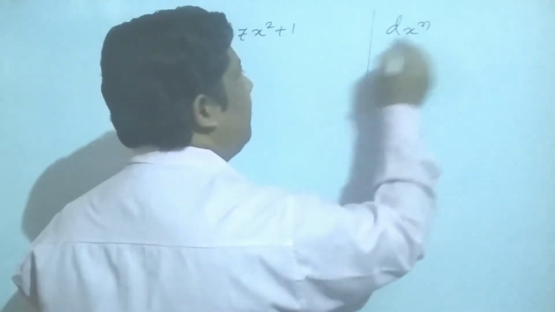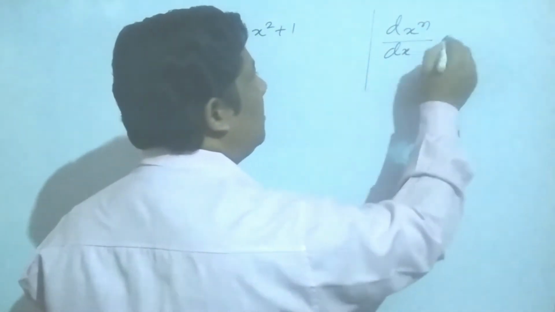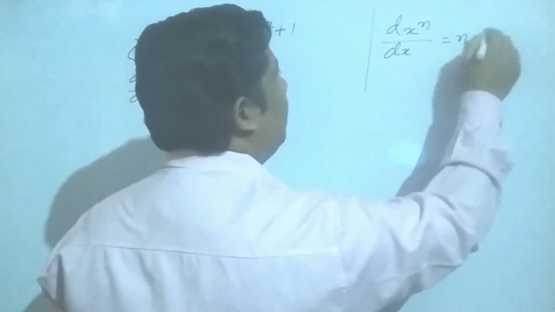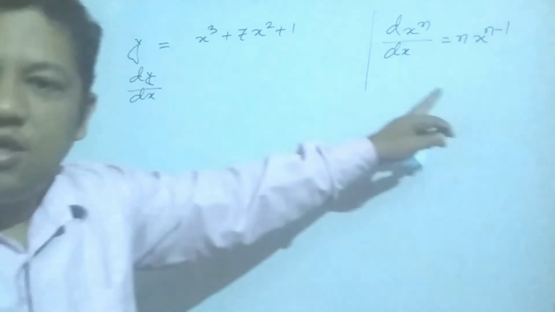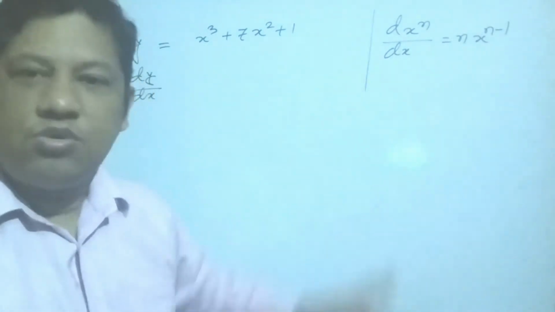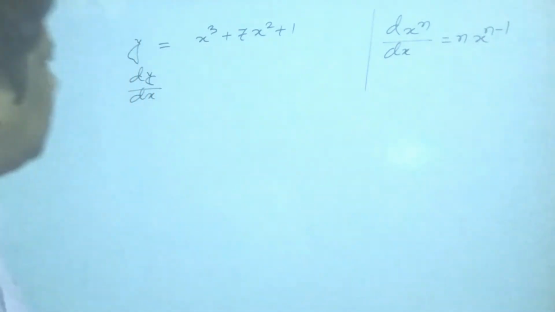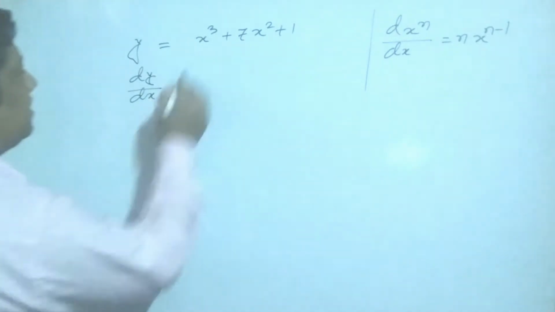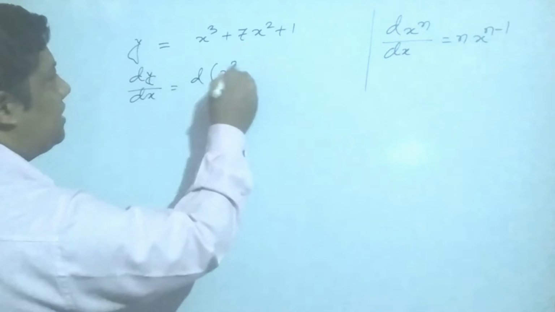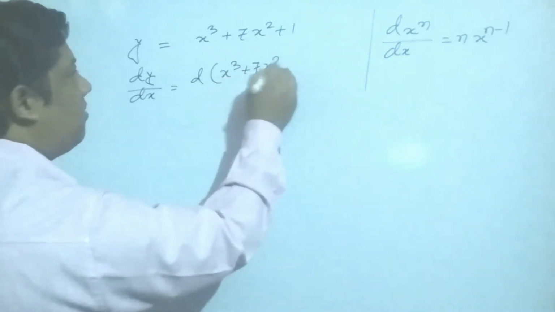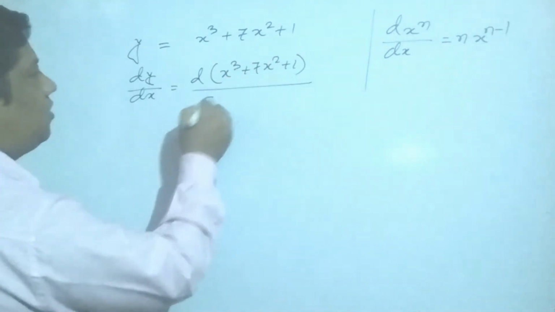For questions like these, you have to do d upon dx of x to the power n, which equals n x to the power n minus 1. That means the power n minus 1. So at first you have to wash the right sides using this identity. After using this identity, you can differentiate so many questions. So my students, if the question is like this, look here, the right side is given: dy upon dx. Then you have to use this identity.